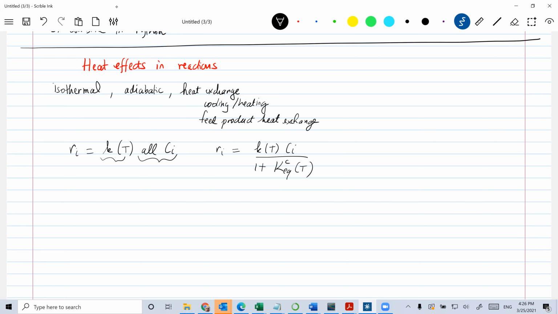Or we saw things like this, like some absorption equilibrium. I'll remove the C. And then that's also temperature related. So in this case, you cannot decouple them, but that's okay. So we saw these things. So we can appreciate that